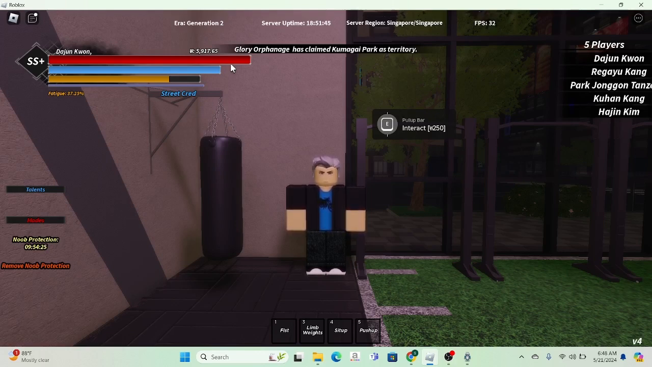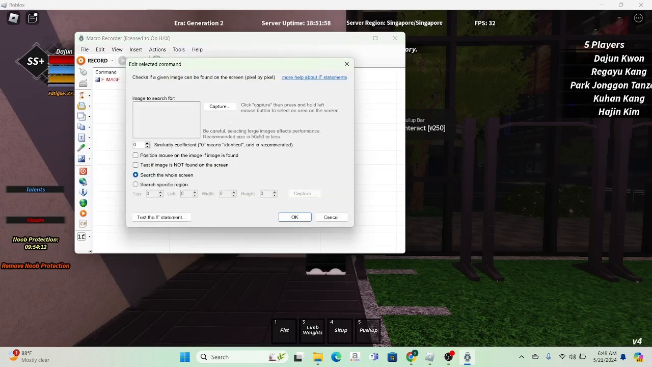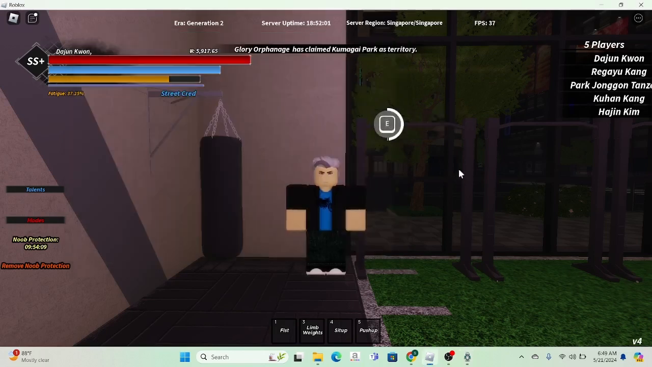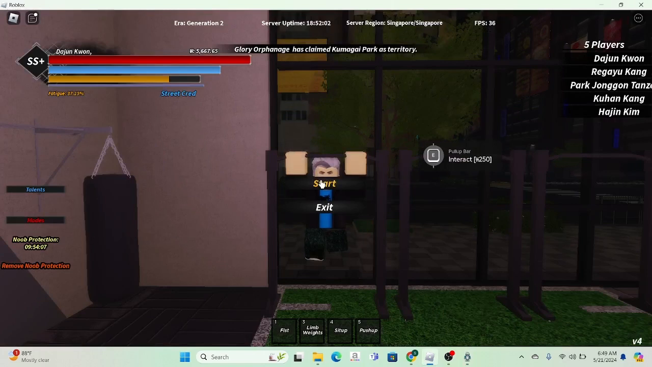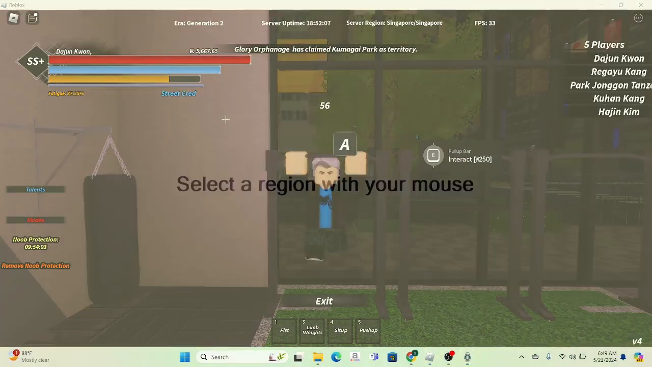Okay, let's begin. Open JITBIT macro recorder and start with find image on screen, if image found, and then you're gonna go back to your game, go to the pull-up bar. The first letter you see, you're gonna go capture it,